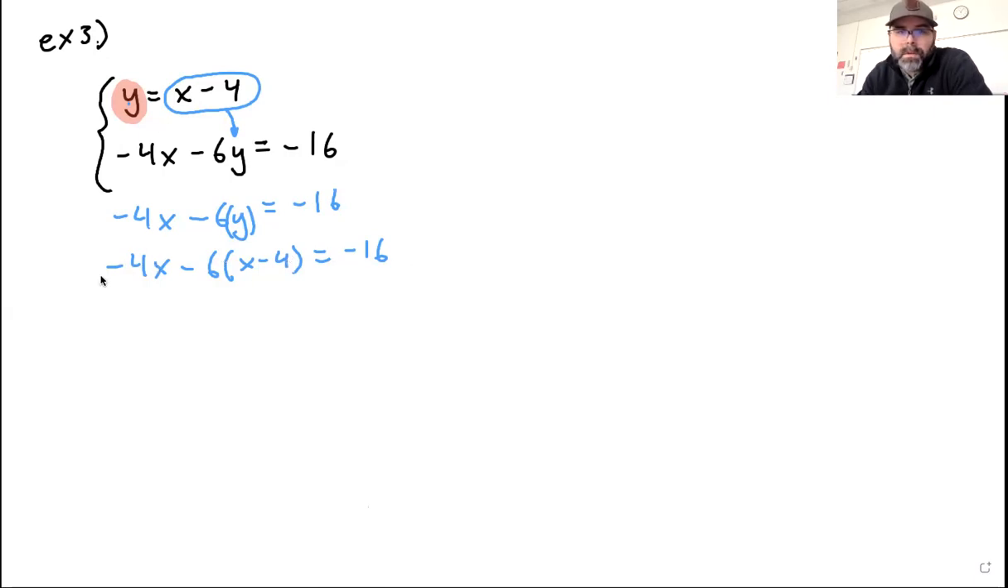For x, you can see there's only x's in here now. And in order to do that, we have to distribute, which we know how to solve these. We spent a lot of time solving multi-step equations. So we're going to have to distribute this -6 to x and this -6 to -4. So be careful when you're doing that. So this is -4x minus 6x